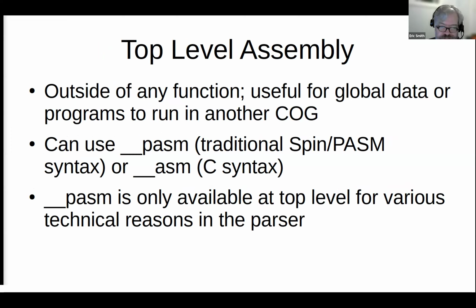So you can use $ instead of 0x, and you can use quotes. Unfortunately, because it's a completely separate parser that's required, it's really hard to mix it inside a function. So for now, the __pasm is only available at the top level. Someday it probably would be nice to let you use inline assembly, but